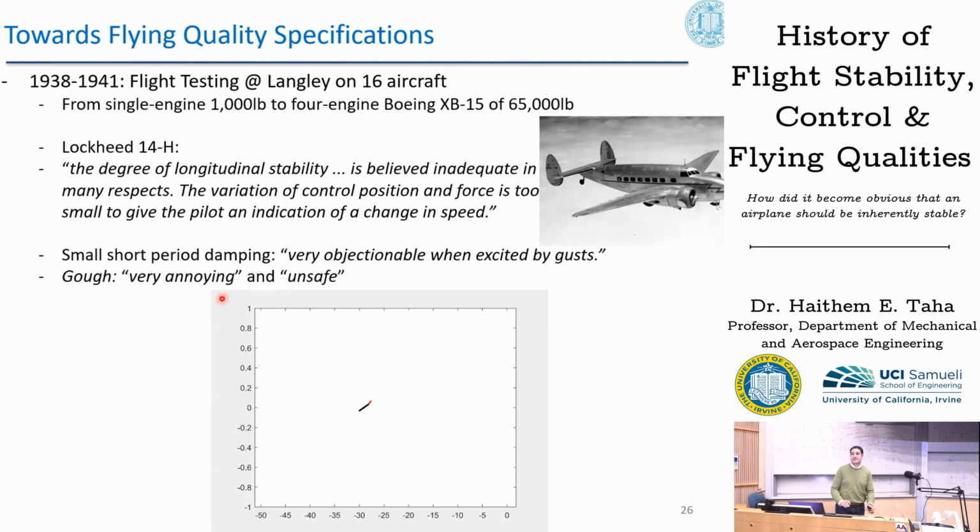In fact, it led to an accident one time. One time the airplane was rolling over the runway and it hit a bump. This bump led the airplane to become prematurely airborne, triggering these oscillations. Unfortunately, the airplane was too close to the ground and the pilot could not handle these lightly damped oscillations. It led to PIO, pilot-induced oscillations, which exacerbated the situation and led to a crash at the end of the day. So the community had to do something about these types of oscillations, which seemed to be very relevant to the short period mode.